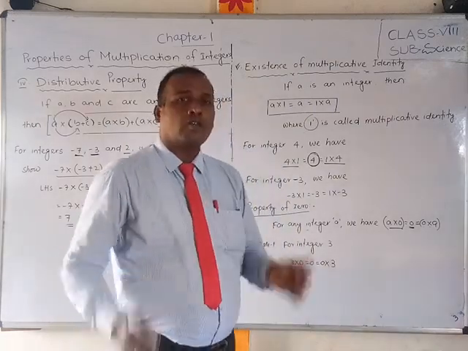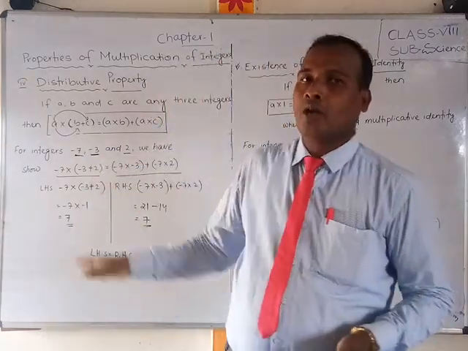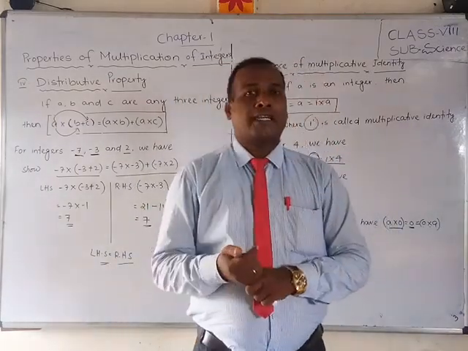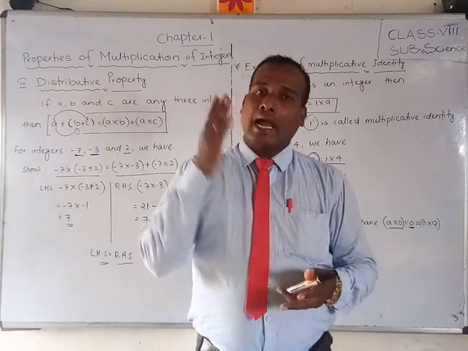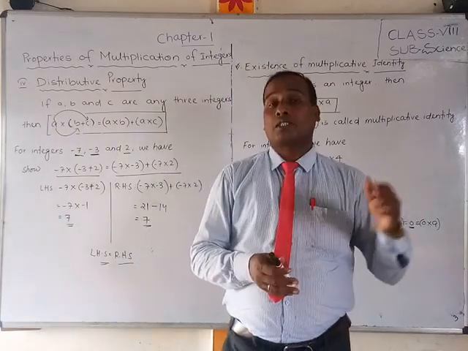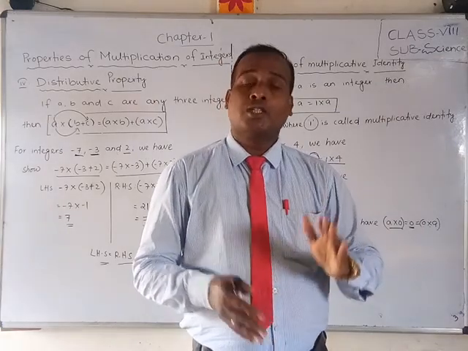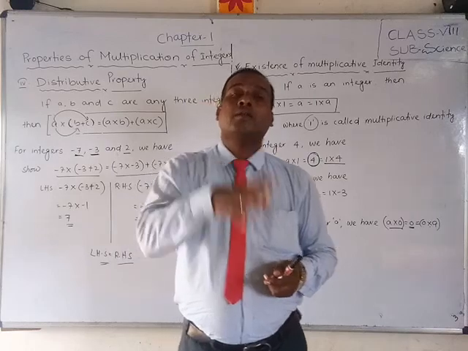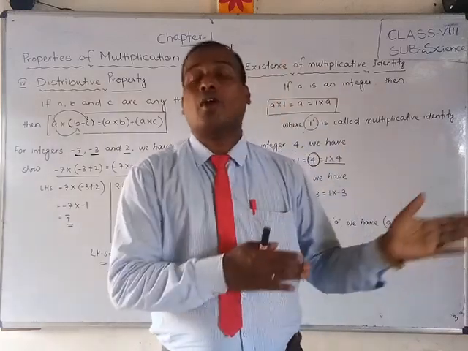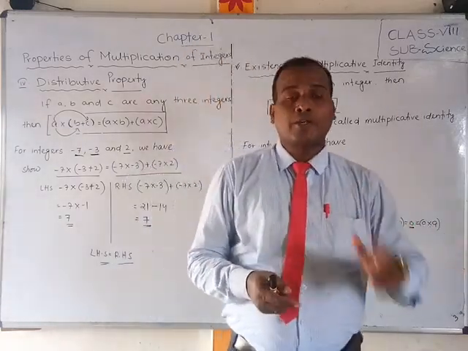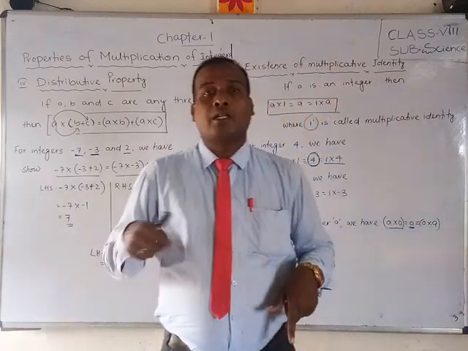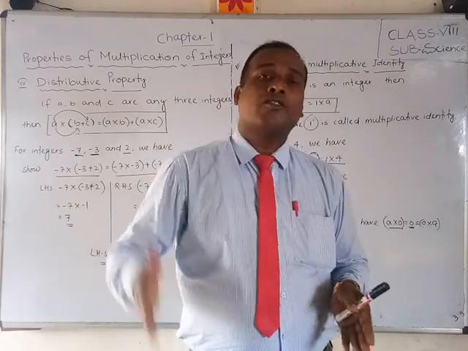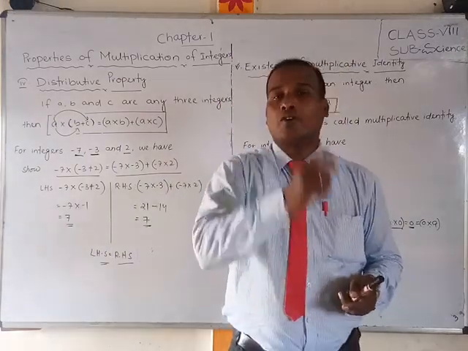Okay students, what have you learned now? You have studied the distributive law, the extension of multiplicative identity, and the role of 0. These are called the properties of integers in multiplication. In the previous video you already studied the closure property, commutative property and associative property. In this video you have studied the distributive property, extension of multiplicative identity and role of 0.